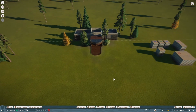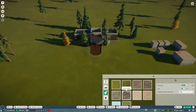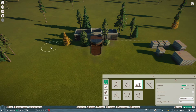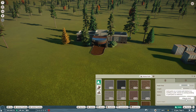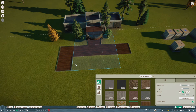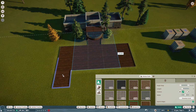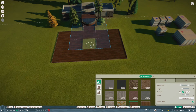So we need to start off by creating our staff area, but I think I want to start by making a little plaza. So this would be our area where we may have some sort of info center, which I think is really important. We can get some drinks, some food, whatever is needed for us. So let's align to grid. I think eventually too, once we start making a little bit more money, I will definitely make this a little bit prettier by maybe adding some type of building. Alright, so let's delete that